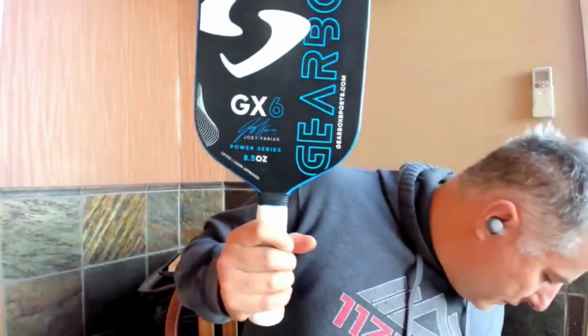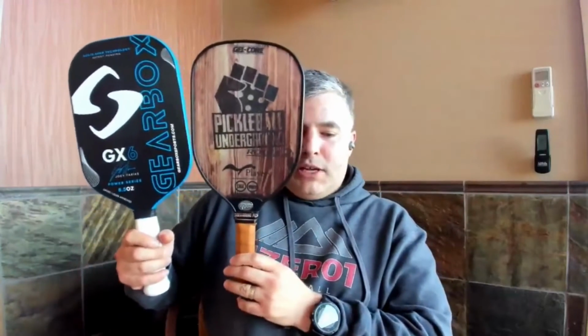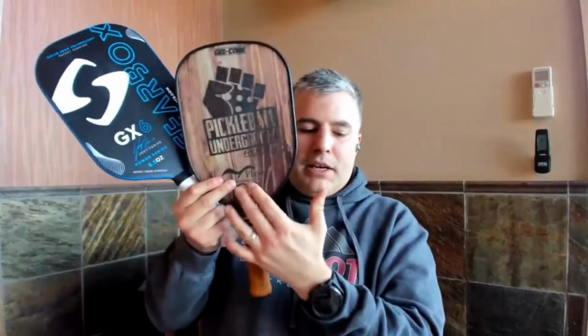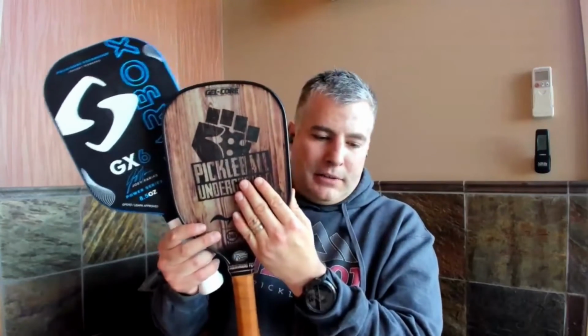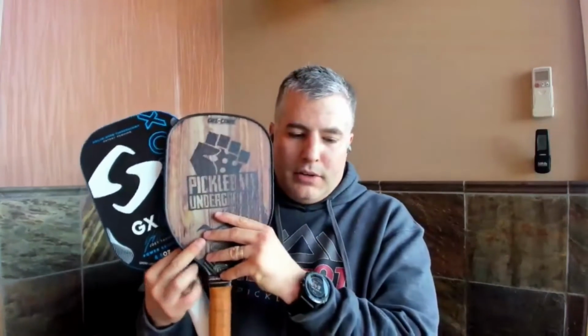And the one I play with, which is the Players Pickleball Rogue 2, has even more of a teardrop shape. So this one is really, for me, I love to drive the ball with this paddle, and I like hitting hard volleys with it. These might be what he's considering, like an advanced paddle would be something where the sweet spot will move farther away from your hand. You lose a little bit of control, but you do gain power, like on serves, drives,